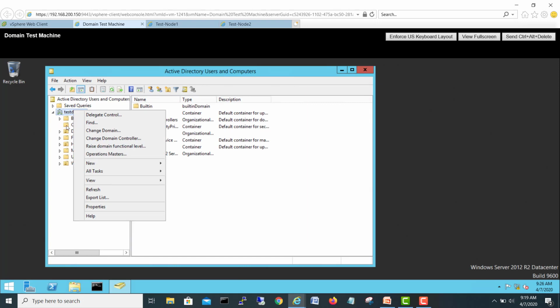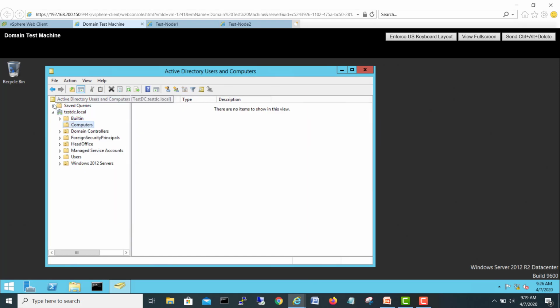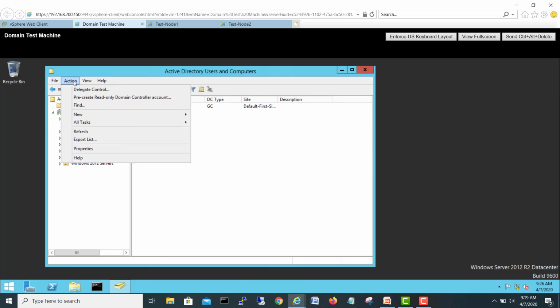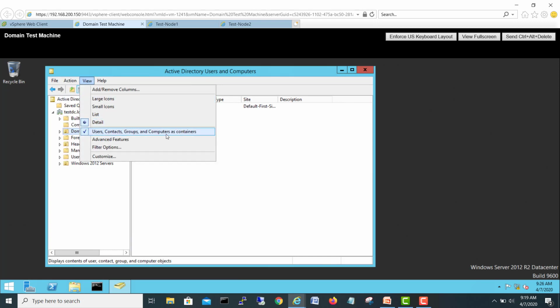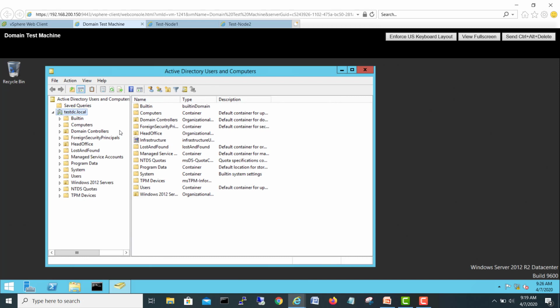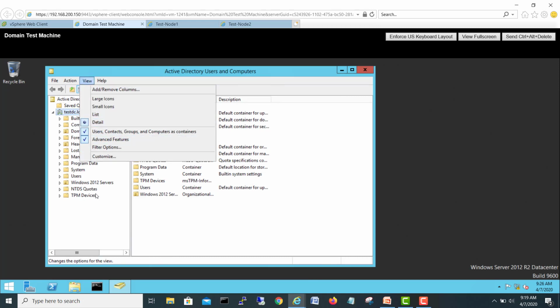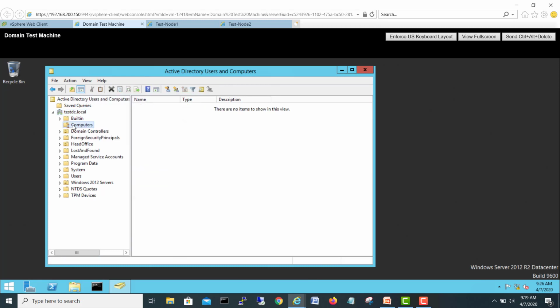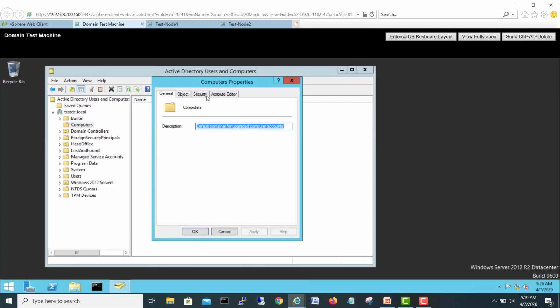Just wait. You can go to Advanced Features, and then if we come here, properties, here you go. You can see your security tab here,